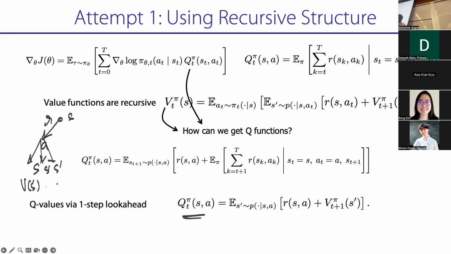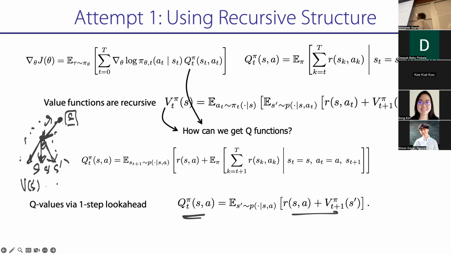And so if you think of it from this tree structure, this is my current state. This is the action that I'm going to take in Q of S, A, right? And from here, I could have a stochastic transition model. So I could transition to this state with some probability, this state with some probability, and this state with some probability, right? And for each of them, I can compute what V of S prime is going to be, the value of the future state I would have gotten. And then I take R plus V of S prime, which gives me the value of each of these branches of the tree. Each branch reaches a different S prime, and I average all of those to get the Q, right?